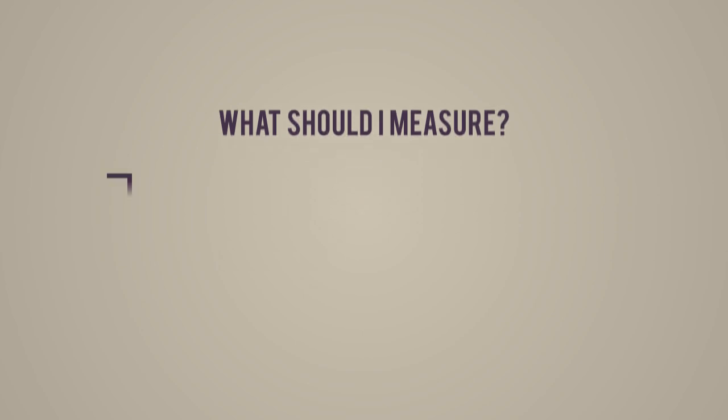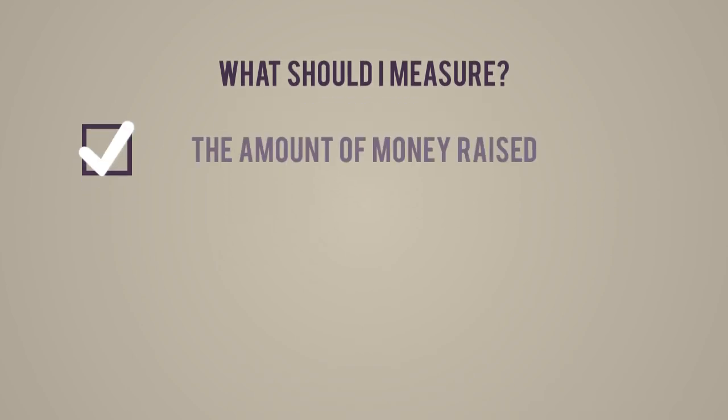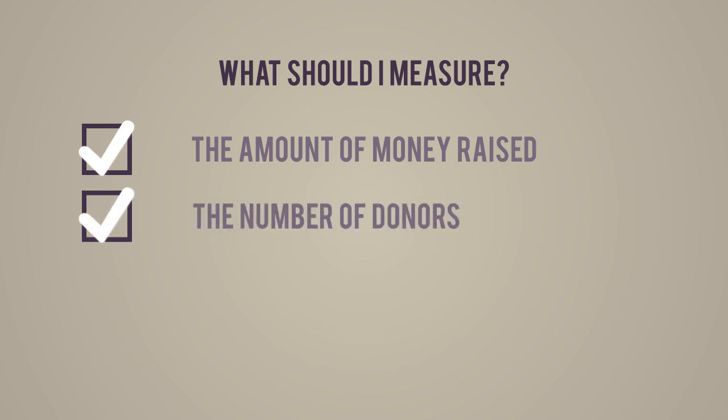There are so many things that you can measure that you can look at the entire list and then see what actually aligns with your goals, which will be the thing we talk about next. So here are just a few of the things that you can be measuring on Giving Tuesday. Assuming you're fundraising, here are a few things that you can do around donations. Obviously, there's the amount of money raised. That's a given. Make sure you know what that is, but I bet your accounting and fundraising people can tell you that one. Also look at the number of donors. That matters in terms of how many people you're engaging.